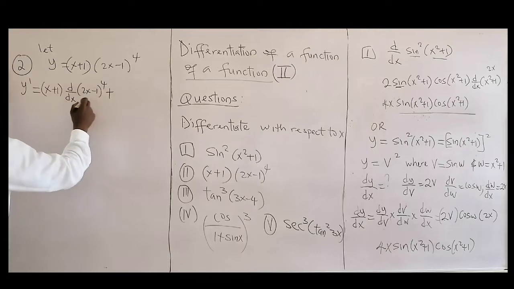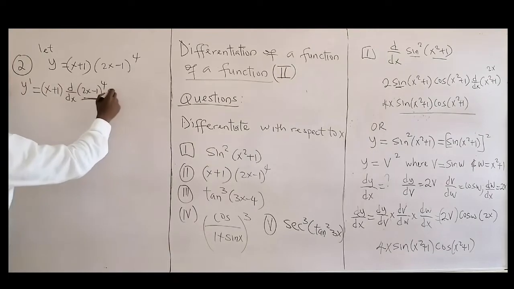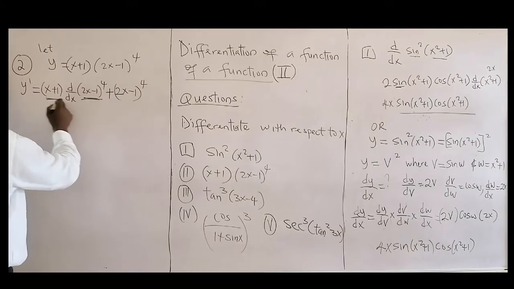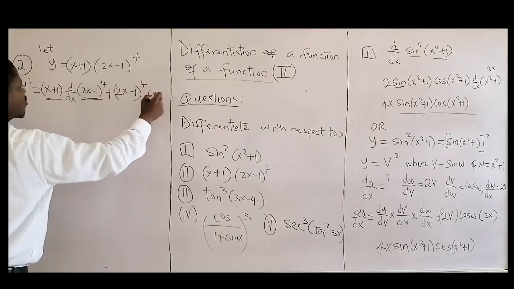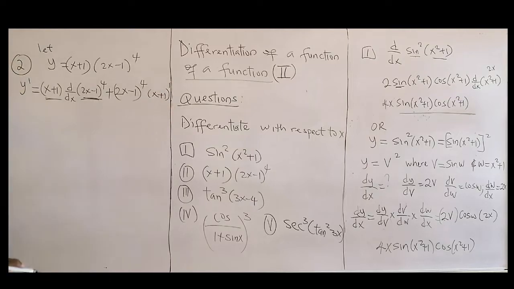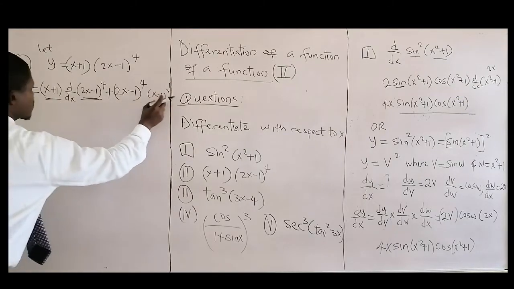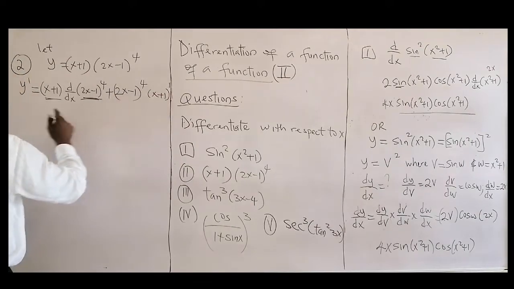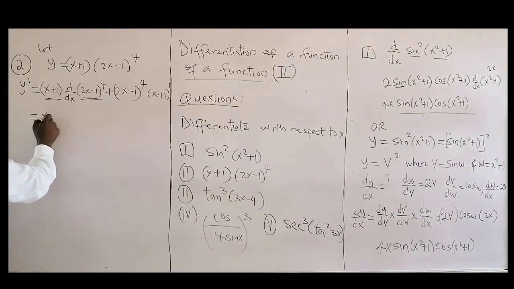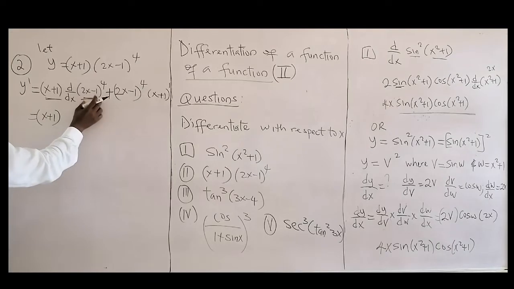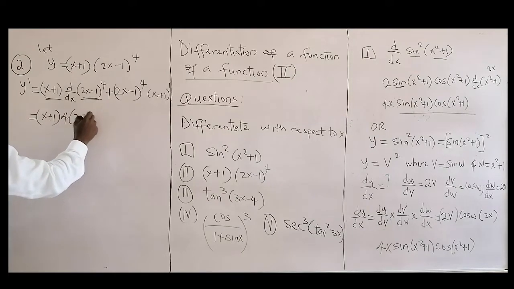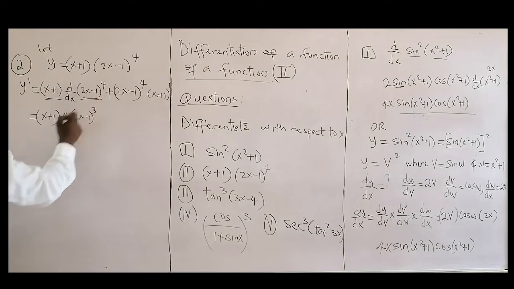Then plus this one here, which you take as constant, then you differentiate the other one. That will be d/dx of (x plus 1), prime means d/dx. You are differentiating it. So you don't have to put prime, just say d/dx of this. So that will be equal to (x plus 1) times the derivative of this one. The 4 will come to the front, 4 times (2x minus 1) to power 4 minus 1, power 3,